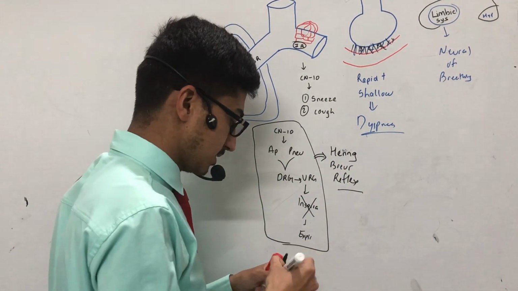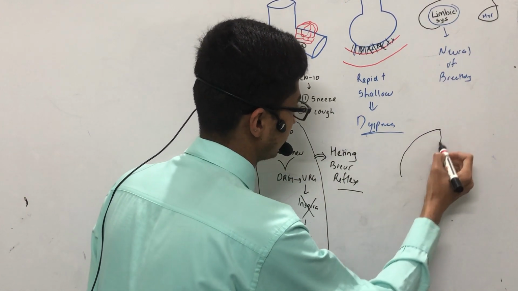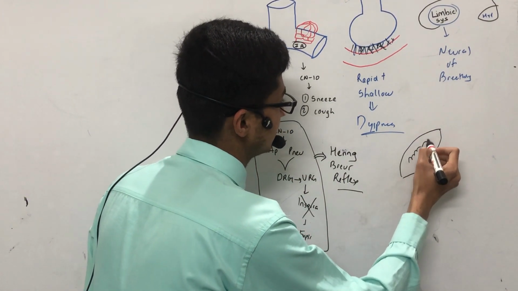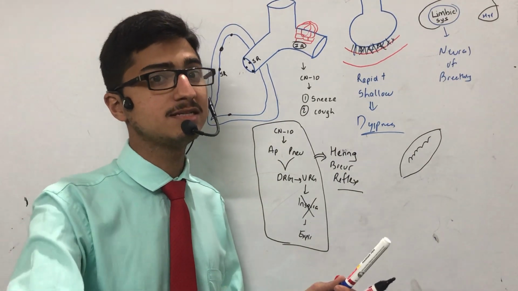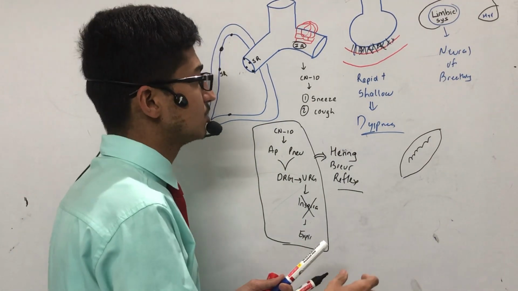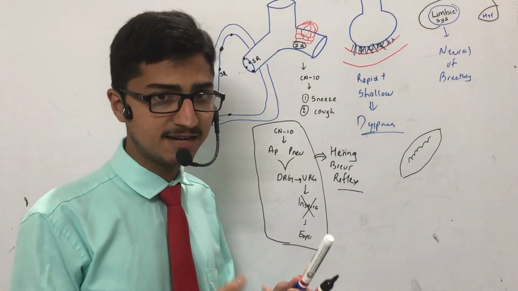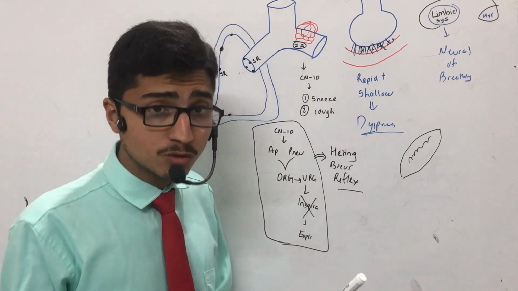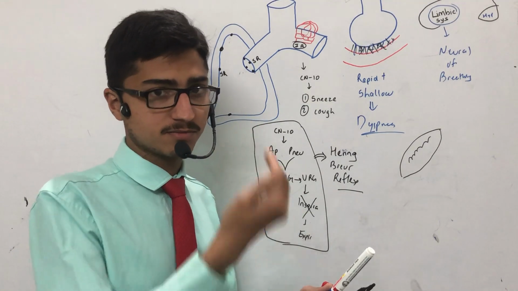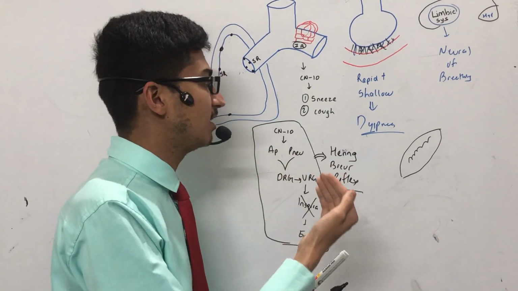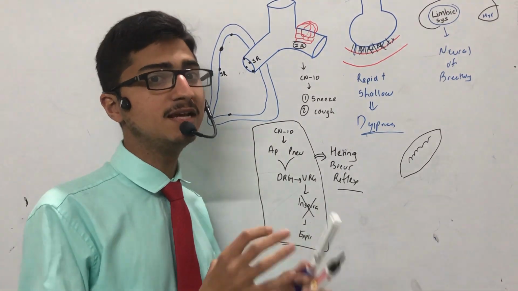Last but not the least, the last one is the proprioceptors, which are present inside the muscle, right? And the name itself suggests it is concerned with changes in movement, right? So when you are doing some muscular activity, these proprioceptors get activated. They move through the ascending pathway of our central nervous system, and cause changes in the DRG and then VRG, and increase the respiratory